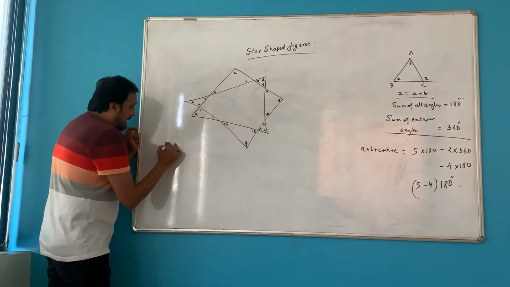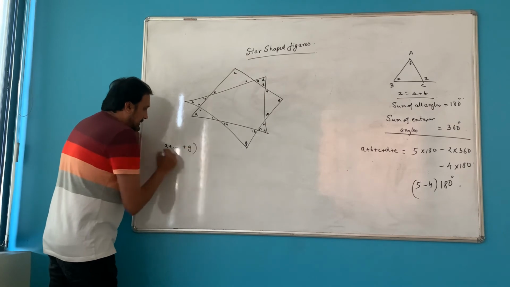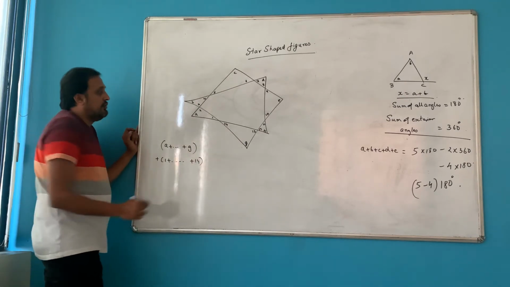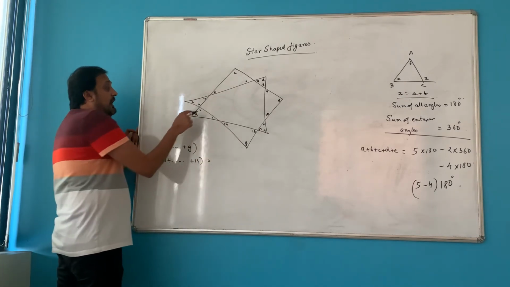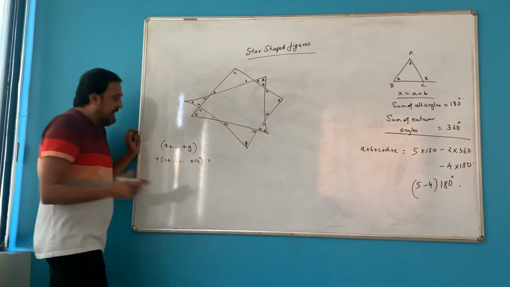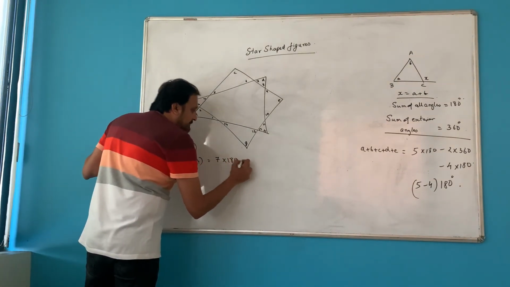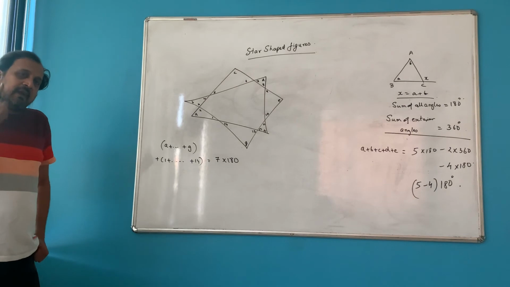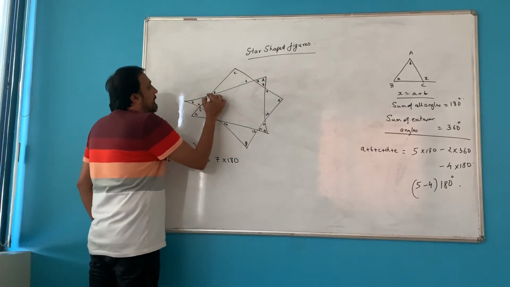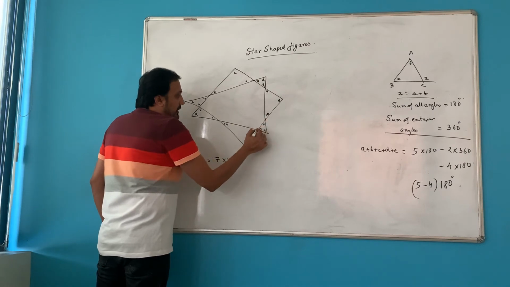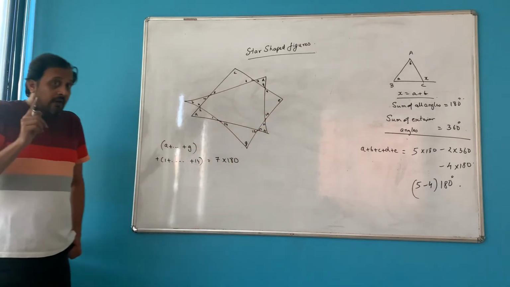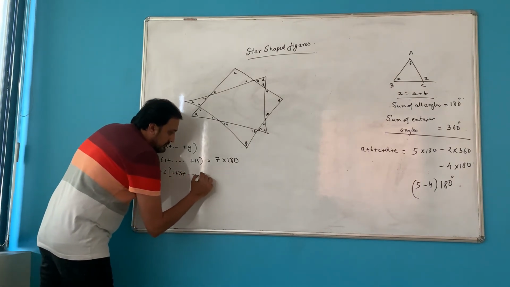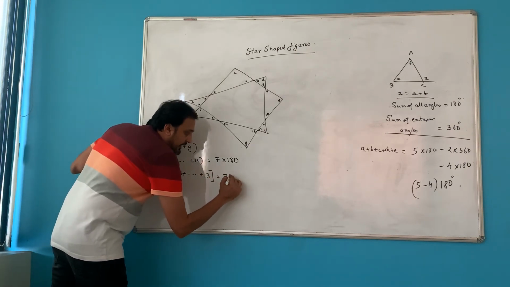Which means I can say A plus so on up to G plus 1 plus so on up to 14 should be equal to, how many triangles do we have here now? A to G, which will essentially make it 7 triangles. So that should be 7 into 180. Same thing, whatever we used for a pentagonal star-shaped figure, we are doing the same thing. Angle 2 equal to 3, 4 equal to 5, 6 equal to 7, 8 equal to 9, 10 equal to 11, 12 equal to 13, 1 equal to 14. Why? Vertically opposite, which means this thing, can I write it as 13 should be equal to 7 into 180.